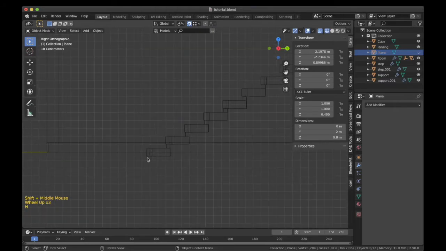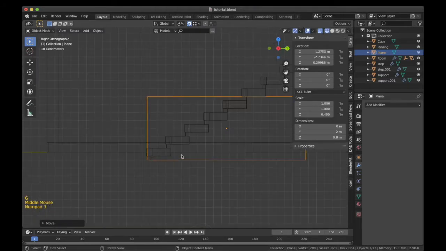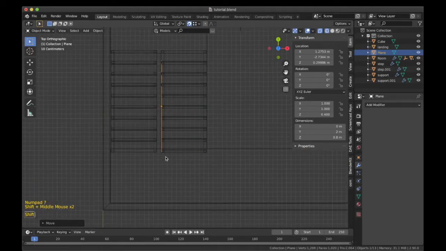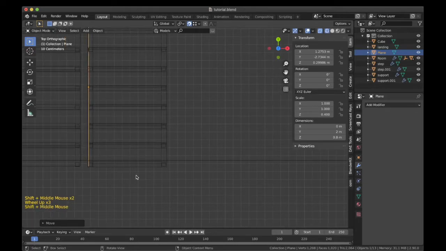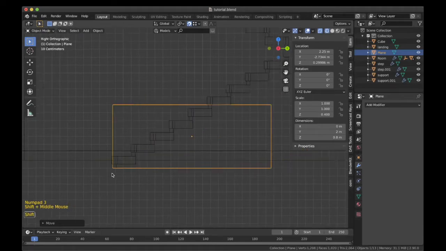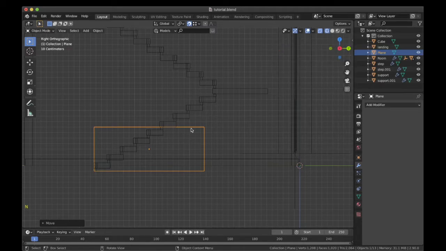Now let me snap it again. Also please check that it is snapping to the right one. In this case it was snapping to the support behind. We'll snap it to this one for now. Yeah. Now what I will do is that railing will be usually slanted along this edge.